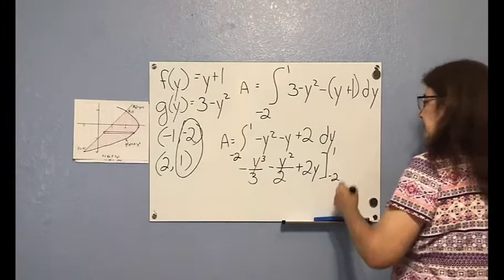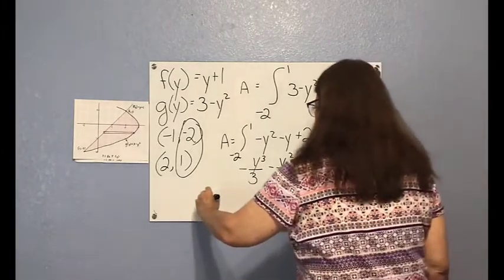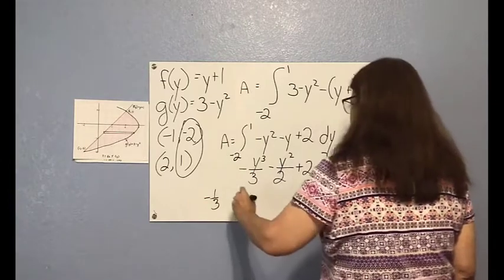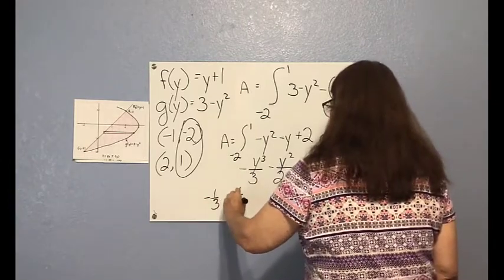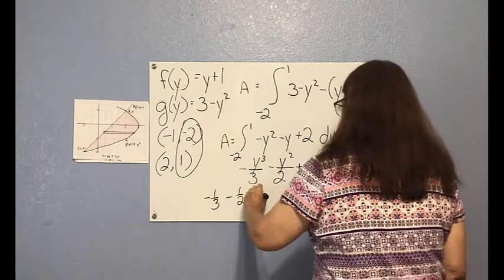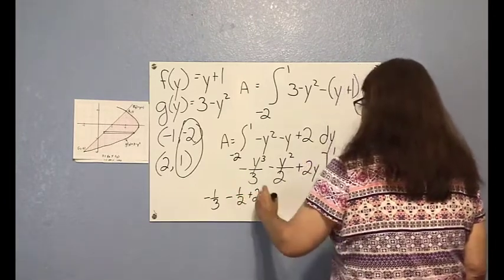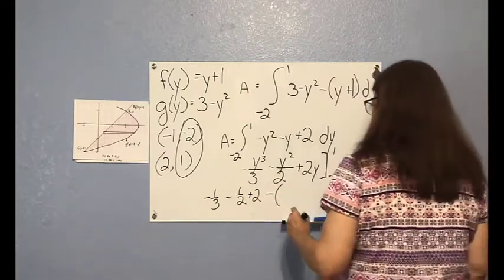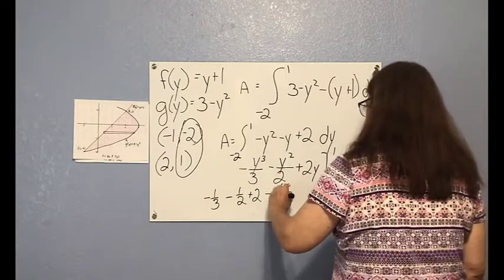Okay, starting with 1, I'm going to get negative 1/3 minus 1/2 plus 2, and I'm going to subtract my values for -2, which are going to be 8 over 3,